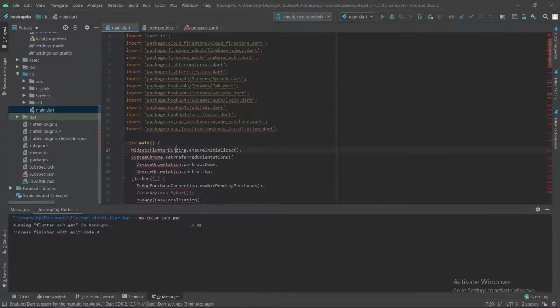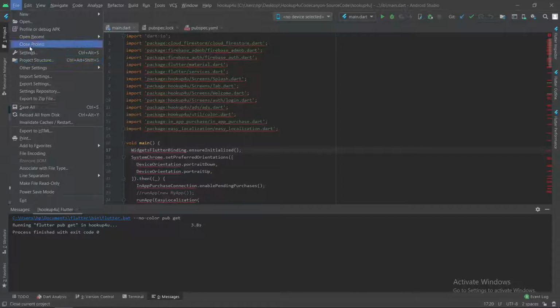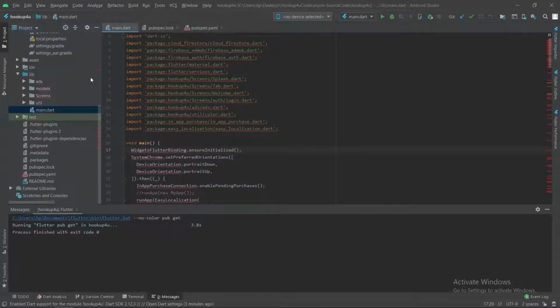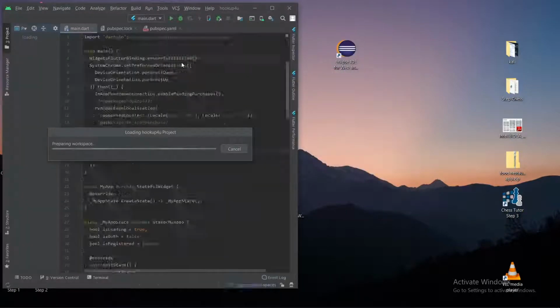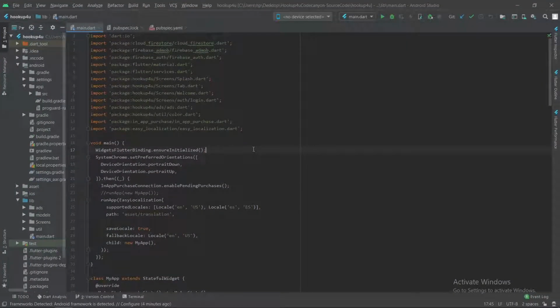So this is some issue with the framework. So what we just need to do is tap on close project and open the project once again. Yes, so just open this project once again. So as we can see, all the errors are gone.